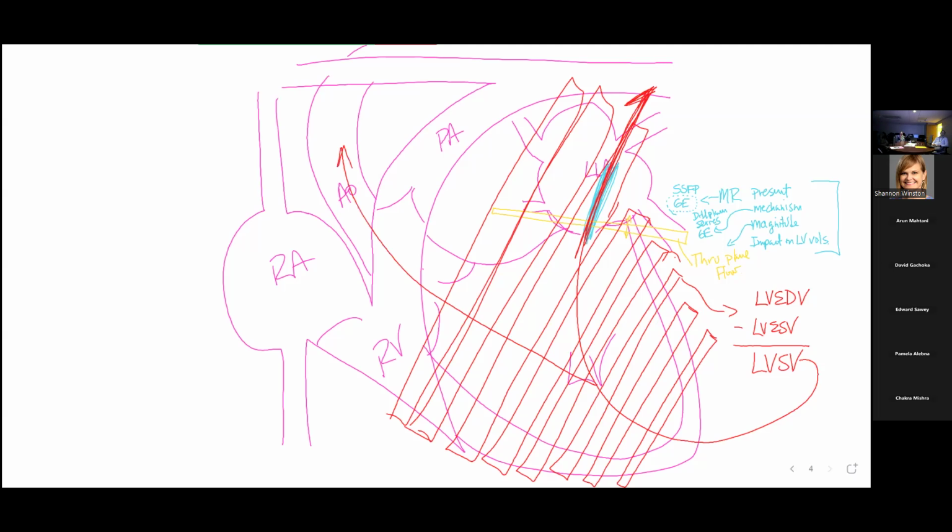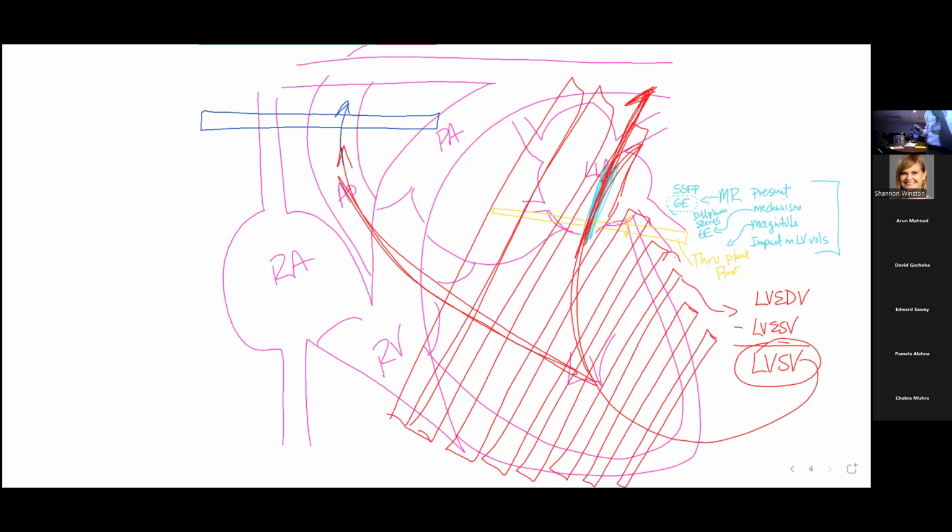And so what we've got to do is figure out which proportion of that stroke volume is going to the left and which is going to the right. So we can do that by making a flow measurement right up here